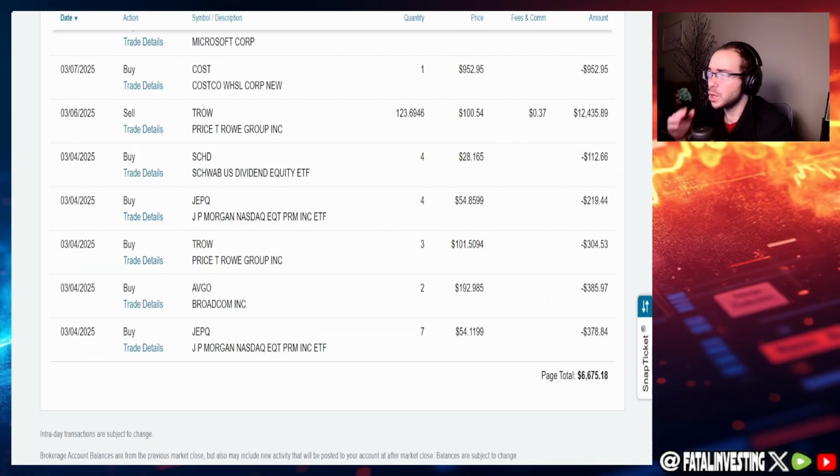And now let me show everybody the buys and the sells for the month, because there was a lot of activity. Starting, of course, on the 4th, we had a few things that were done here. On the 4th, I bought some JEPQ. It was the first time I ever bought JEPQ, if I'm not mistaken, and I bought it for $54.12. I bought 7 shares of it, worth around $378.84. Also on the 4th, I bought some Broadcom, 2 shares at $192.98